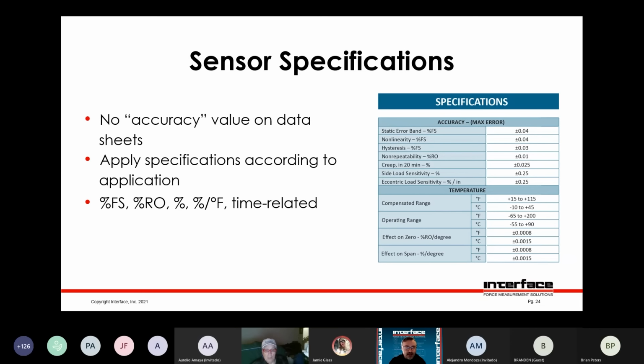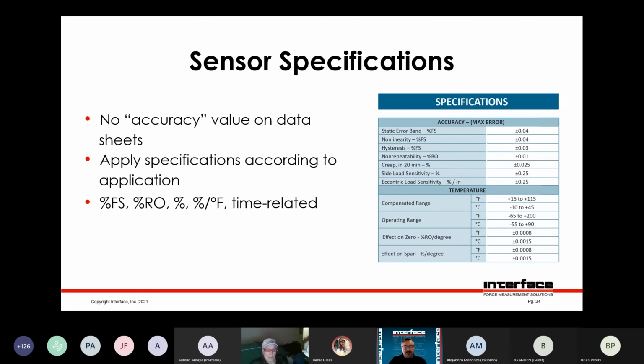Sometimes they're percent of full scale, which is basically the calibrated range or the range over which you're using a load cell. Percent rated output is a percentage of the output at capacity. And so say a 100-pound load cell, it's a percentage of 100 pounds. Whereas you can also calibrate that load cell to 50 pounds, and for a spec that's a percentage of full scale, you could reduce the errors by that calibration. But an error that's percent of rated output is a fixed percentage of the capacity.